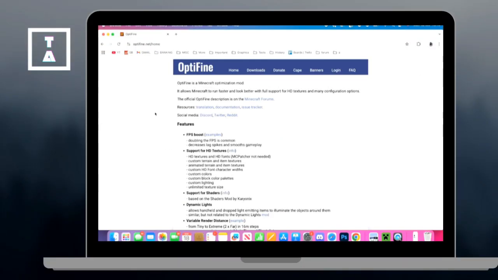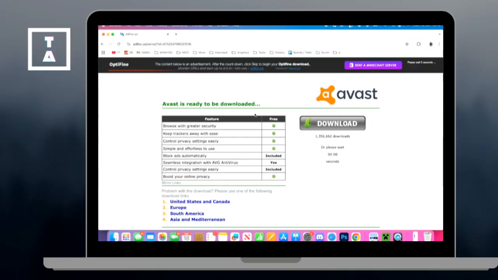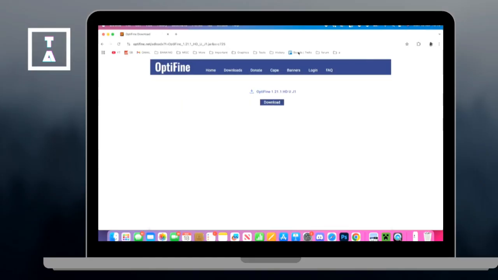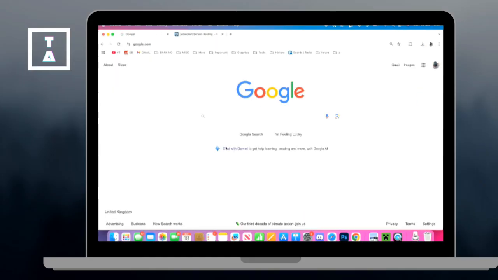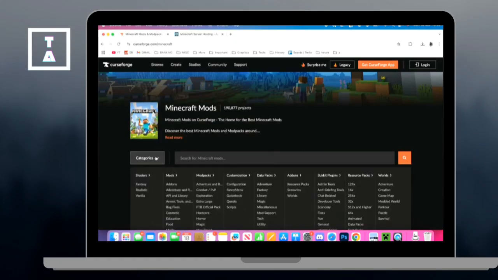Open the Minecraft launcher first if needed and check which version of Minecraft you use. Download the matching Optifine version. Now, open Safari or Chrome. Then, search for Optifine, then download the correct version for your game. If Optifine does not open, install Java on your Mac first, then try again.